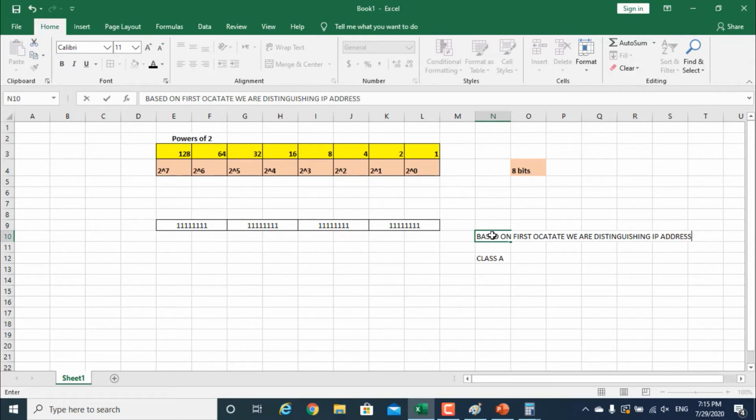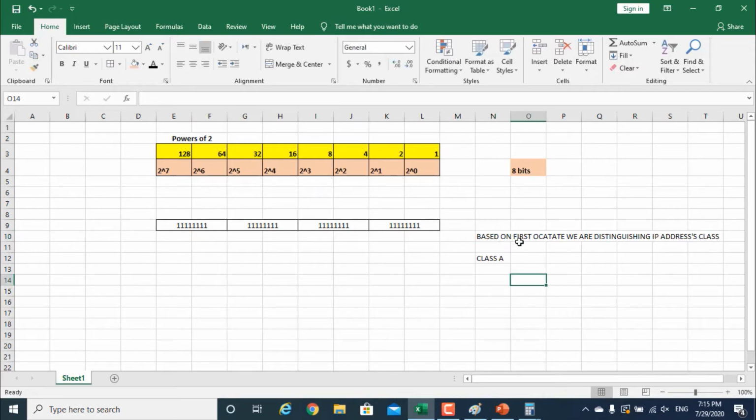Based on the first octet, we are distinguishing the IP address classes. If the first octet is from 1 to 126, not 0, because 0 is not allowed,